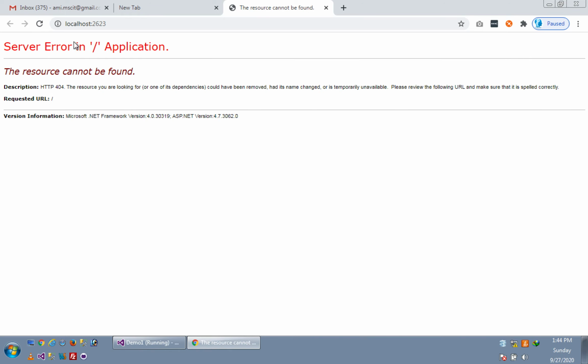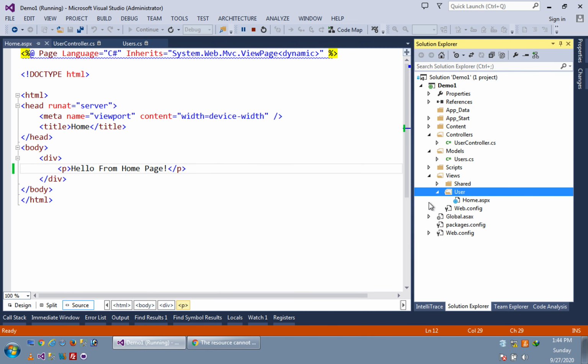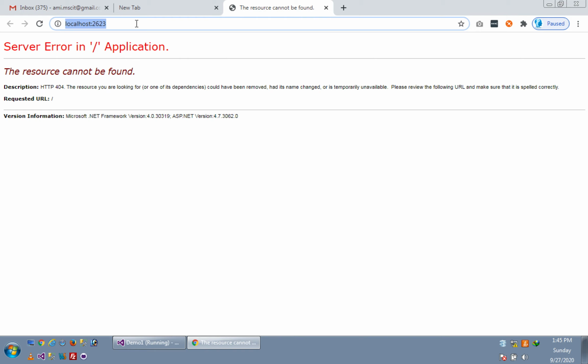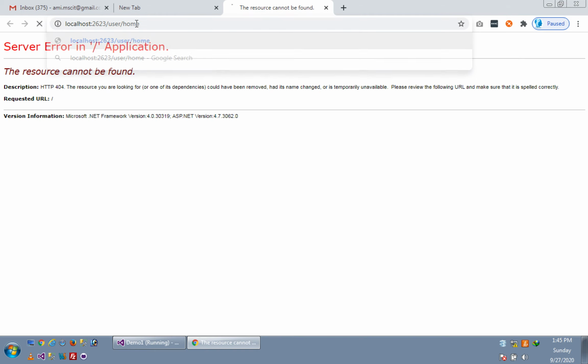Why? Because we have not created any default page. So now we want to load our home page. I am going into the solution explorer. We want to load this home page, right? So for that we have to write user/home in the URL, and enter.